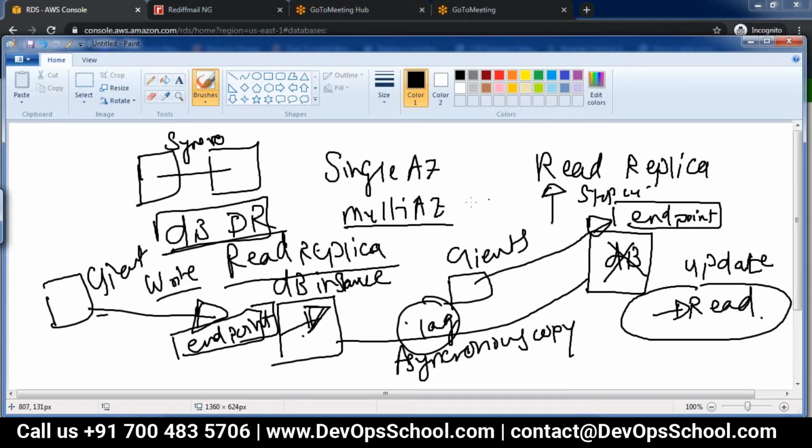So usually they are vertically scaled, but with a read replica, you can say it is a kind of horizontal scaling because we are sharing some load, which is basically a read load. You can compare this to horizontal scaling in a relational database. Okay, so that is the concept of read replica.